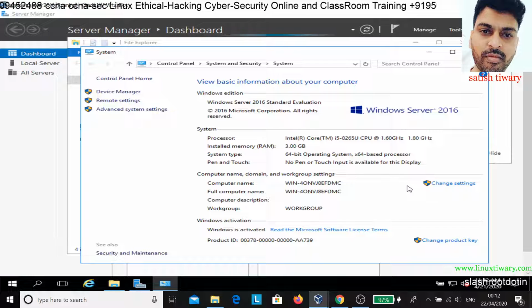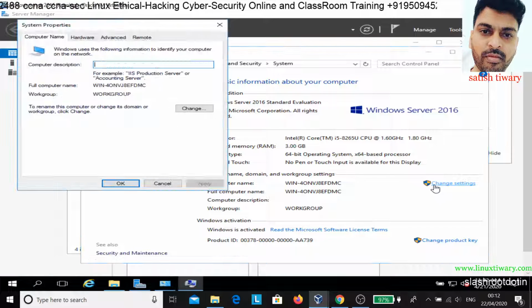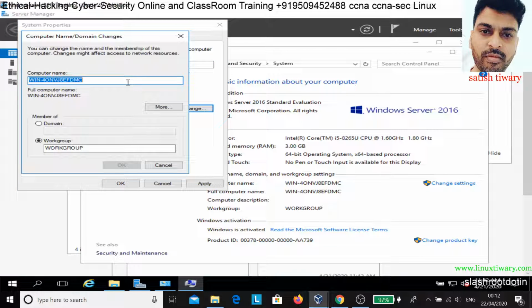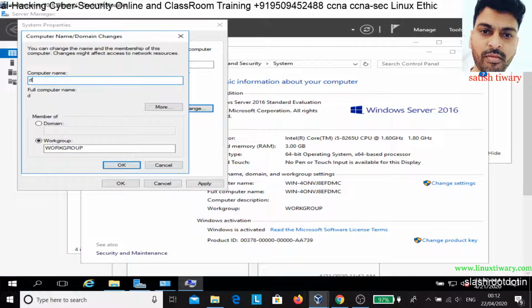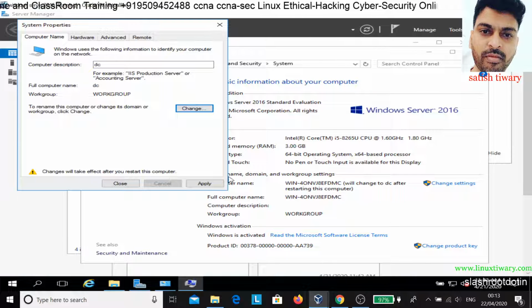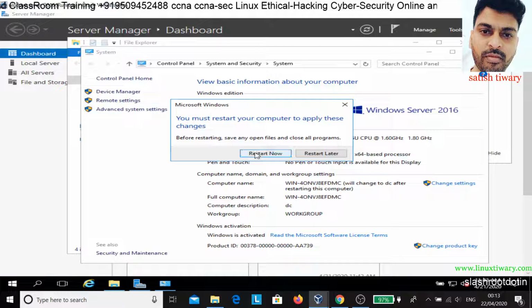This is a big name, so I am going to change it. I click change settings. For the computer description, just type DC, a short name, then click on change and make the computer name DC. Because we are using this as a domain controller, I make it short form. It will ask for a reboot, so just restart now to apply the change.